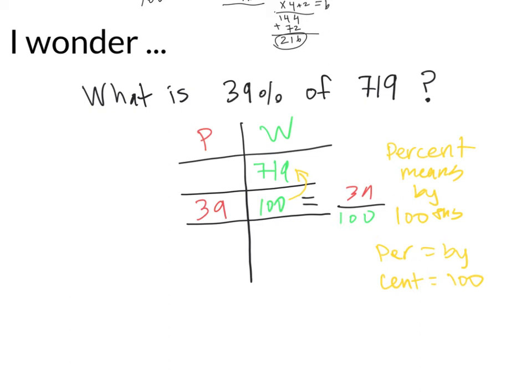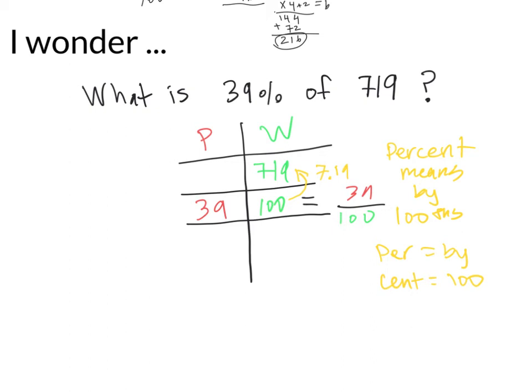Because we're working with powers of 10 here, we can just assume and know that all we got to do to figure out what we had to multiply 100 by to get 719 is go and take our decimal back 2 spaces because we have 2 zeros here. So we go 1, 2, we're left with 7.19, which means whatever we have done to one side of our table, we have to do to the other